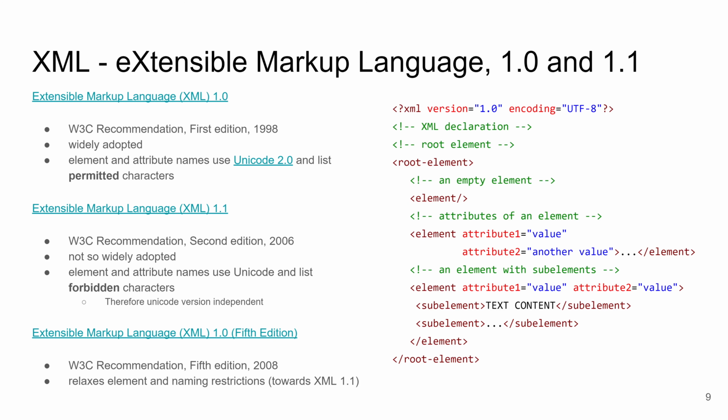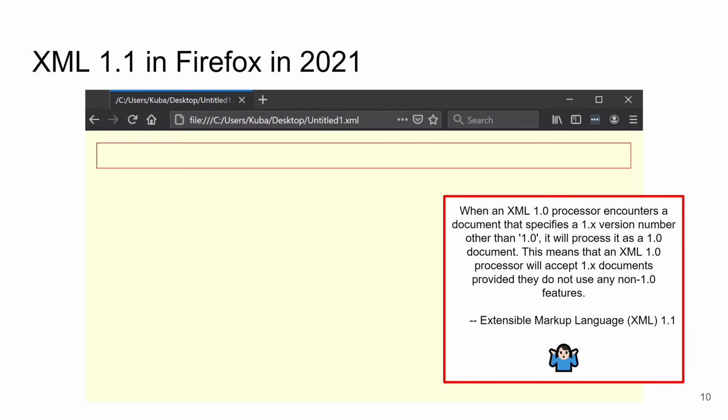Nevertheless, even today, XML 1.1 is not actually widely used. What this means is, for instance, if you try to open an XML 1.1 file in Firefox, and web browsers typically open XML documents, what you will end up with is a strange error with no text, which is not up to the specification, because the XML specification says that